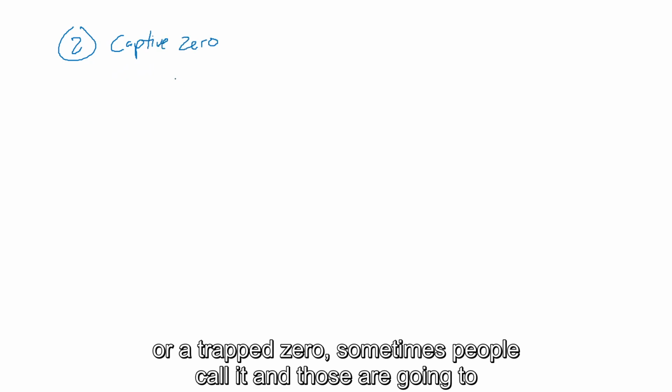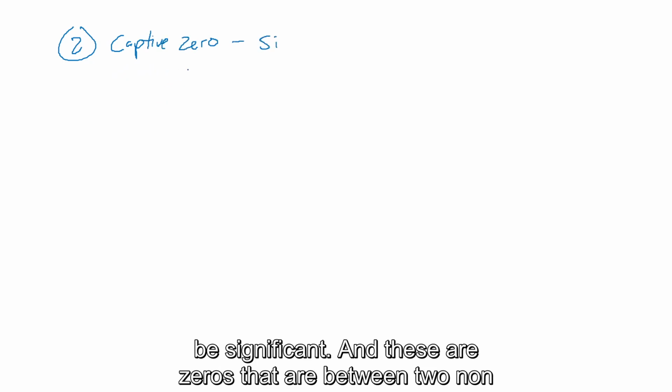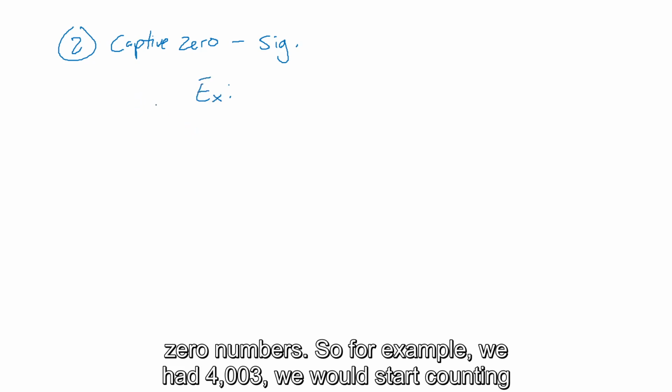Now, the next type of zero is what is sometimes referred to as a captive zero, or a trap zero, sometimes people call it. And those are going to be significant. And these are zeros that are between two non-zero numbers. So for example, we had